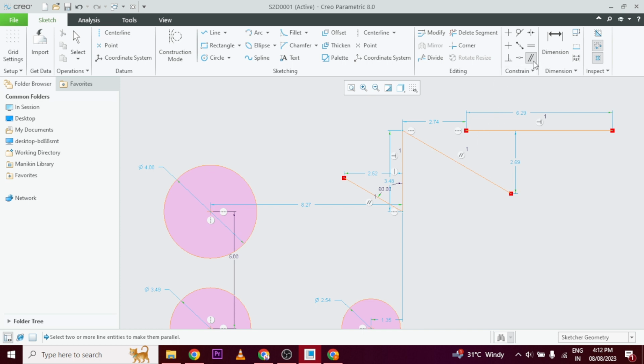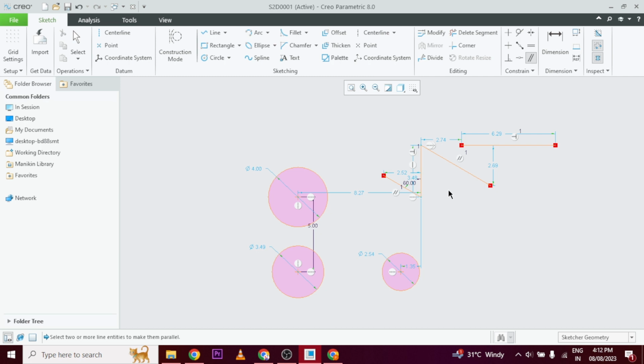So we can make any of the lines parallel in nature, perpendicular in nature, either horizontal, vertical, as per our need. So here also you can see the constraint is shown here, that is the parallel sign is there, and if you keep your mouse over this, then you will have one number, that is 1, which is identical to this constraint. So you can understand that there is a constraint between this line and this line. Likewise,